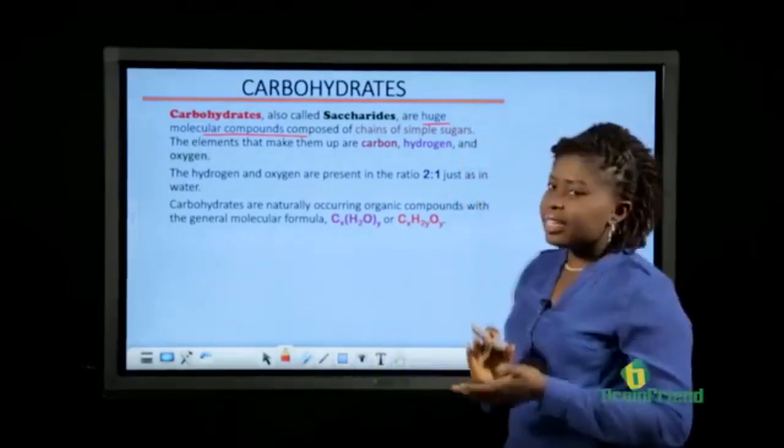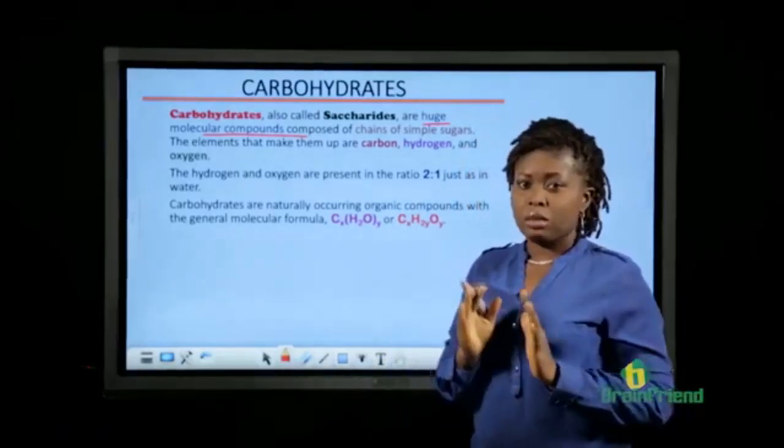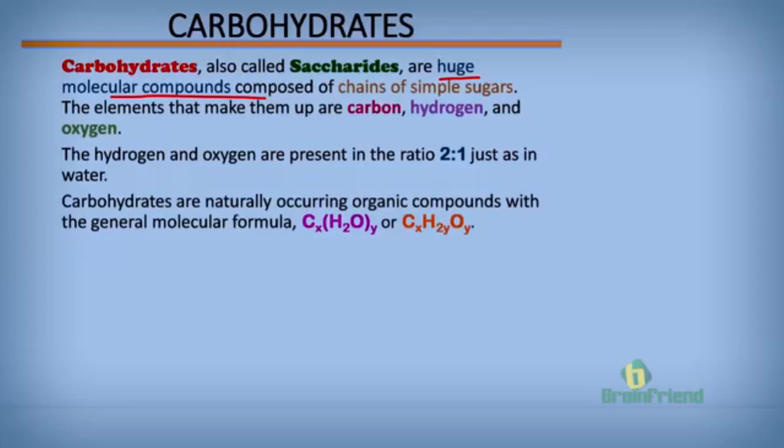The basic elements that make up this molecule are carbon, hydrogen, and oxygen. The hydrogen and the oxygen present in carbohydrates are actually in the ratio of 2:1, just as you would find in water. Carbohydrates are naturally occurring organic compounds, and they have a general molecular formula of